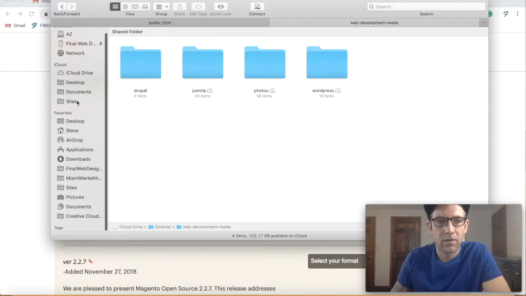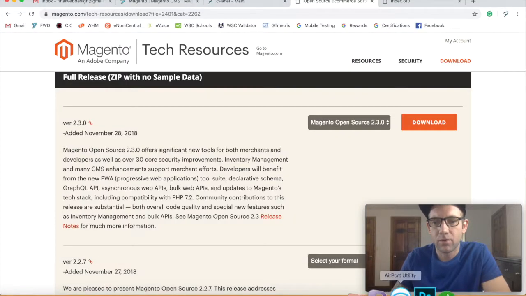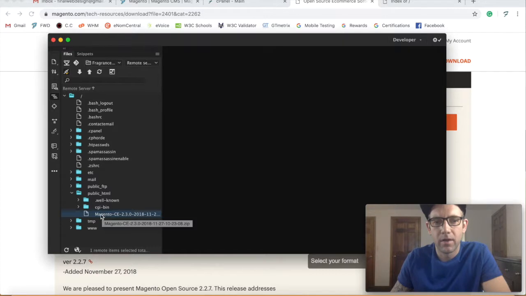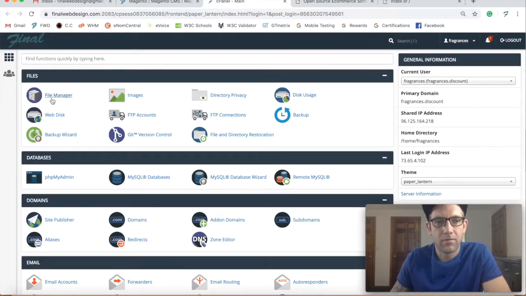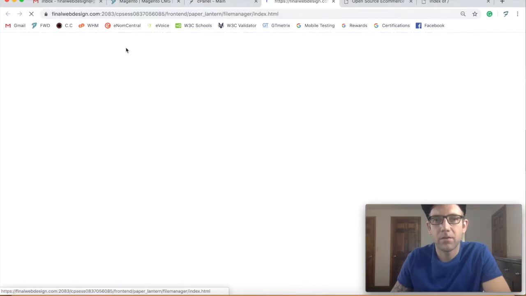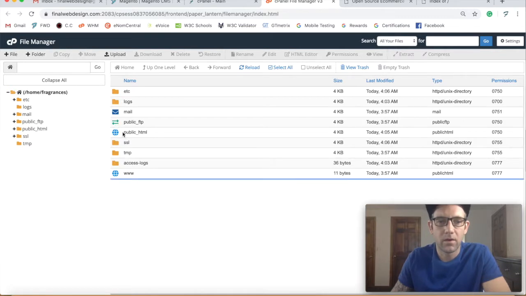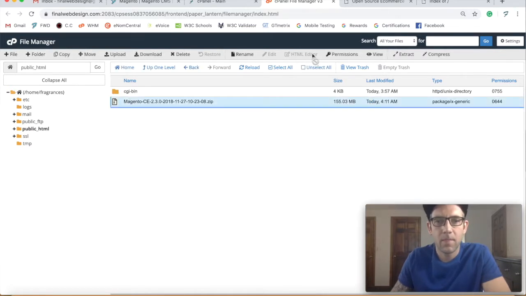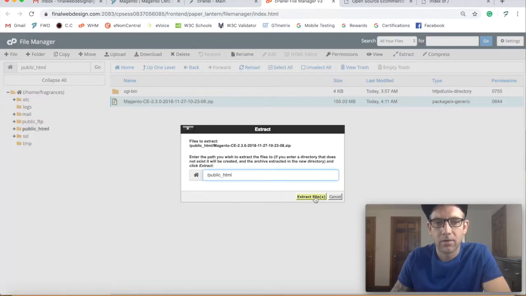So what you'll see is that it's already sitting here. And I've actually pushed the zip up already through the FTP, so it is actually here on the server. So going into cPanel, we'll go into File Manager, and we're going to extract this file just to get all the information. So let's select the file and go to extract. And we'll just extract it